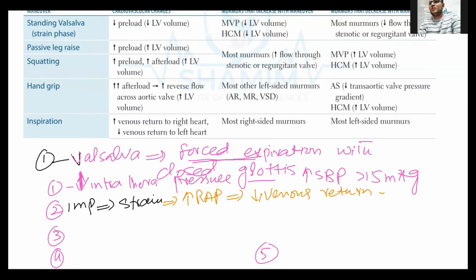वीनस रिटर्न कम होगा तो लेफ्ट वेंट्रिकुलर का जो वॉल्यूम है वो भी कम होगा. So this second phase, which is strain phase of Valsalva, which is called standing Valsalva, is very important, जो कि यहाँ हम डिस्कस कर रहे हैं. Okay. अब बाकी 3, 4 और 5 पॉइंट्स भी अवेलेबल हैं,